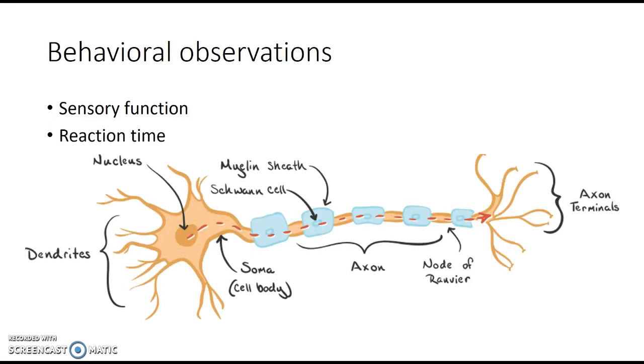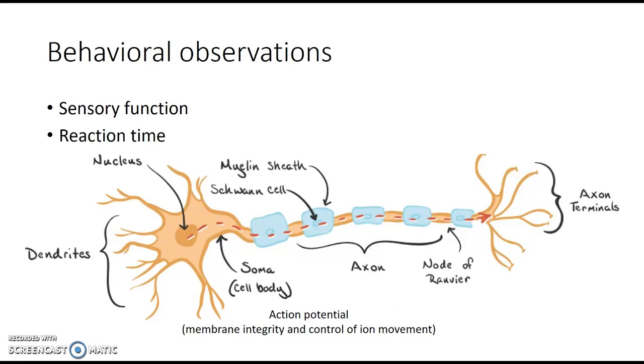You might also make behavioral observations. Looking for sensory function and reaction time are good things to consider. The behavioral observations are going to rely on measuring whether or not the neurons are functioning actively in these undead. There are two important parts to neuron function, and these are both the parts that are really critical to maintain in order to have a neuron that can respond and learn.